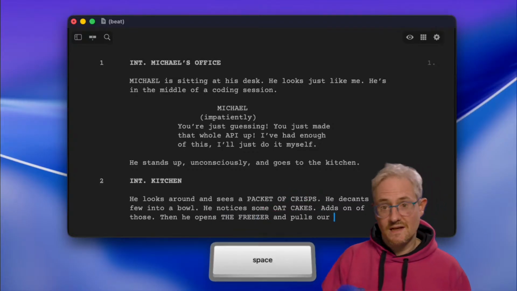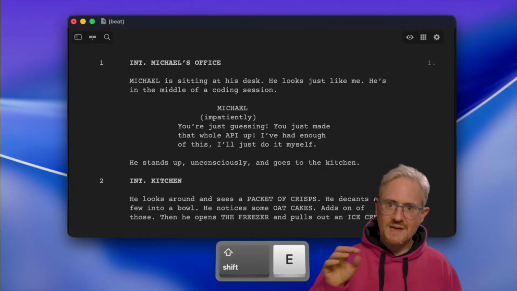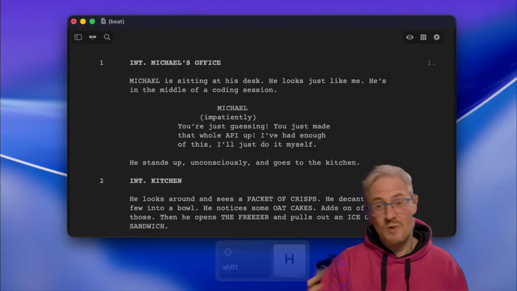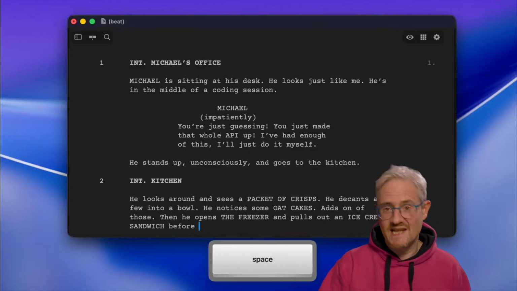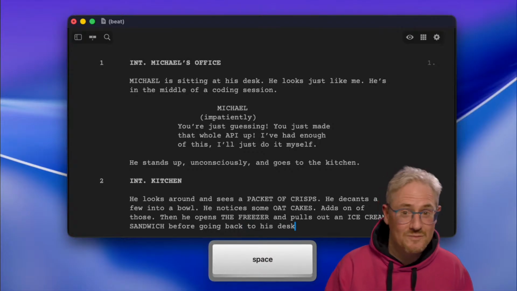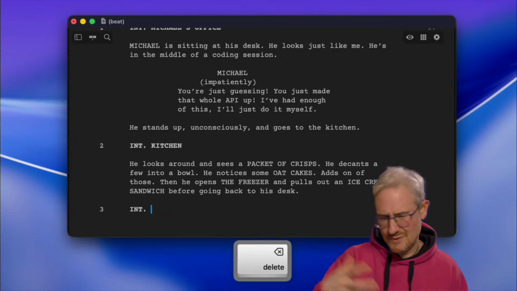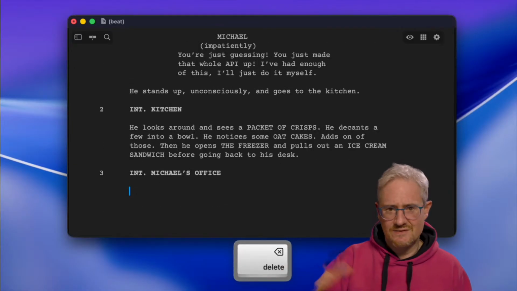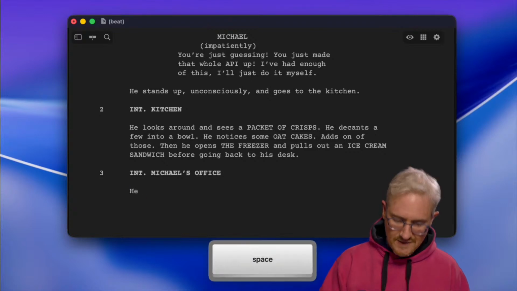So all this stuff is slowly emerging. You see, I'm just typing away. Really, all I'm doing is maybe pressing tab sometimes, maybe pressing enter. But actually, I could probably get away without even pressing tab or enter. The screenwriting software just knows kind of what I'm doing. And you may have seen then